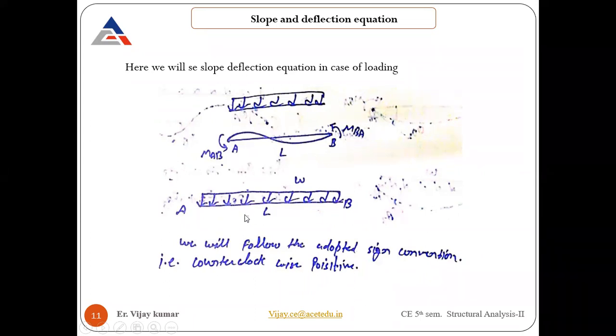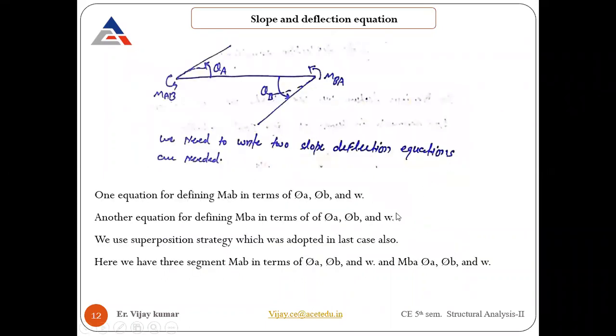The beam is AB, with points A and B. There is a UDL acting throughout the beam, which is W kilonewton per meter, and its length is L. The sign convention that we saw in the last slide, we are continuing with that only. You can change the sign convention, that depends on you. According to that, the shape will change and other values will come out positive or negative. Nothing more than the sign will change in that process.